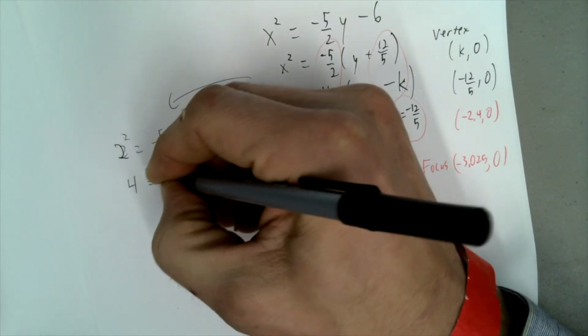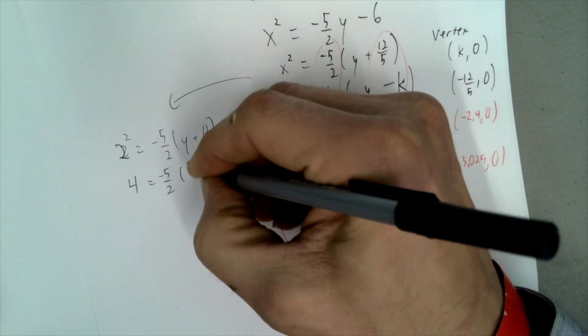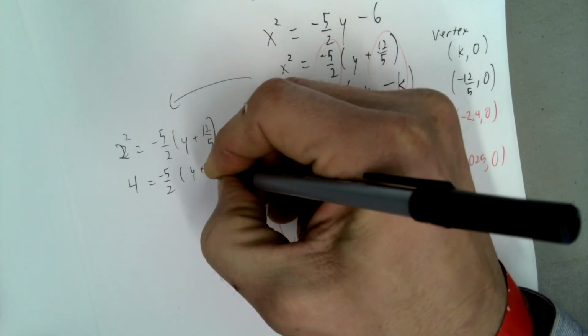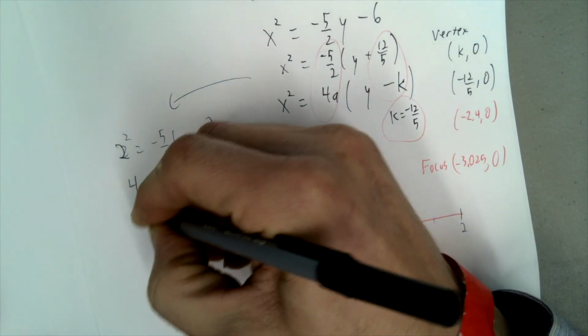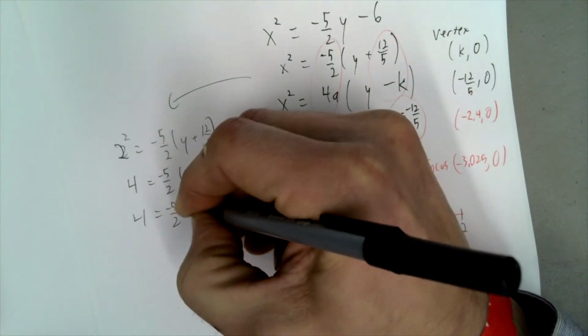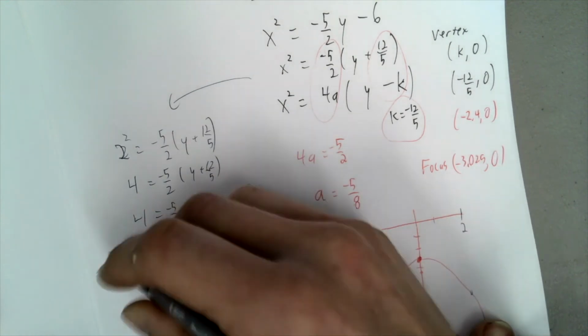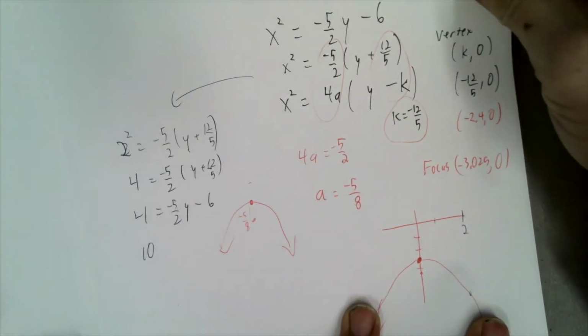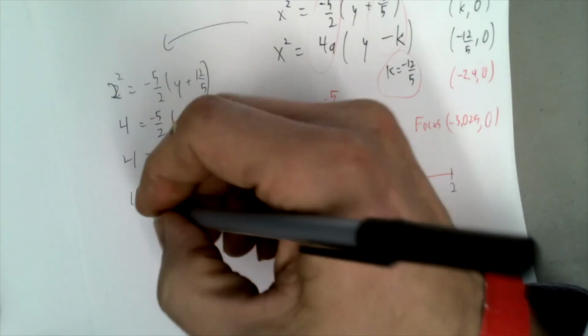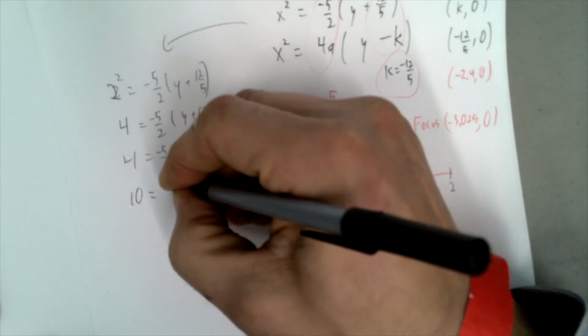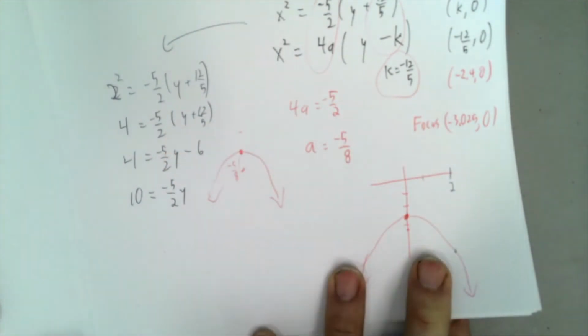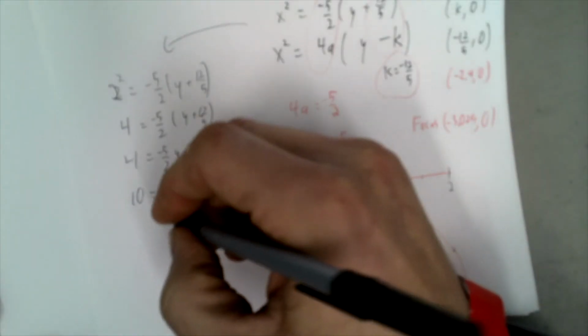So this is 4. I could go ahead and distribute this now. I don't know why I picked this form, but that's my -6 again. Add 6 to both sides. I'm trying to do this quickly because you can take your time if you want to think through the steps. It's a video. -5/2 y equals 10, so y equals